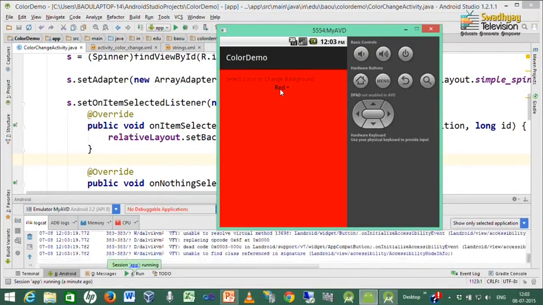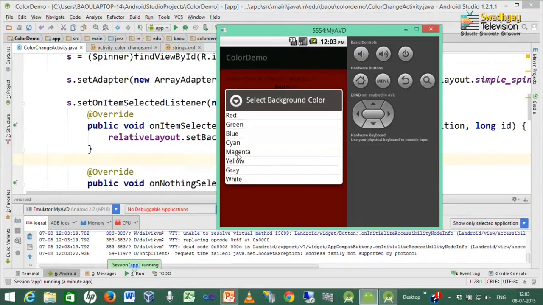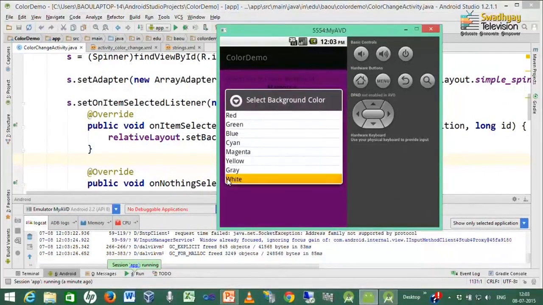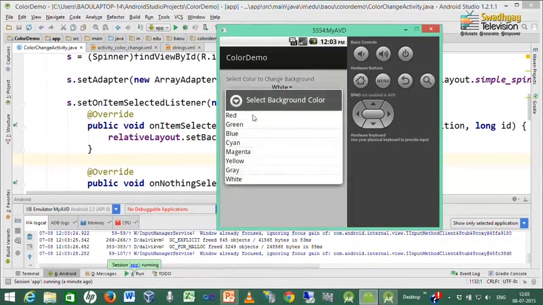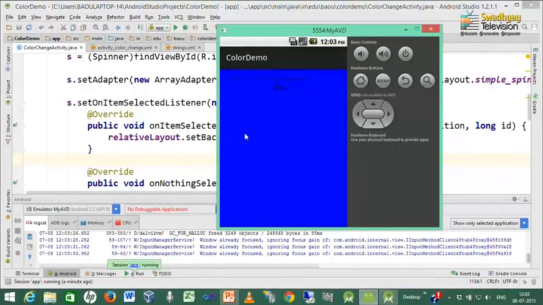You can see the style for the spinner is changed, prompt is added, and now it is shown as simple spinner items, and by selecting a particular item you can change the layout color.